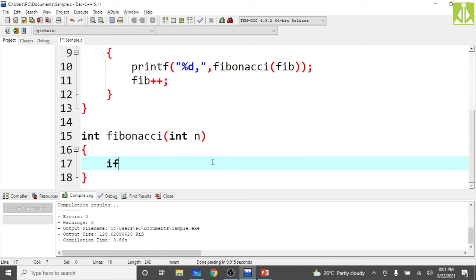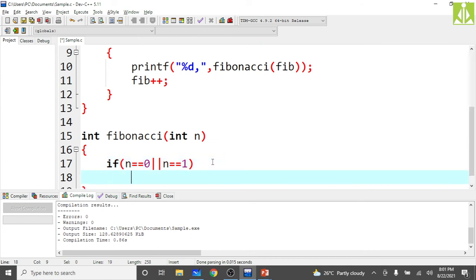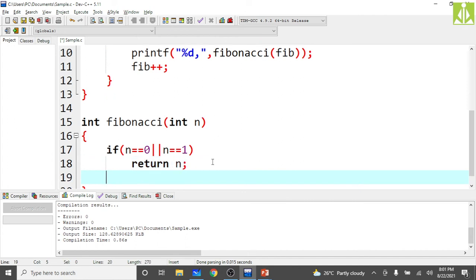So here, if n equals 0 or n equals 1, that is, if n is the first term or second term, then return n only. Otherwise, call the recursion.